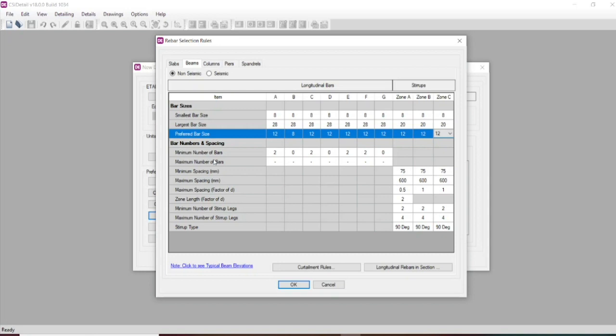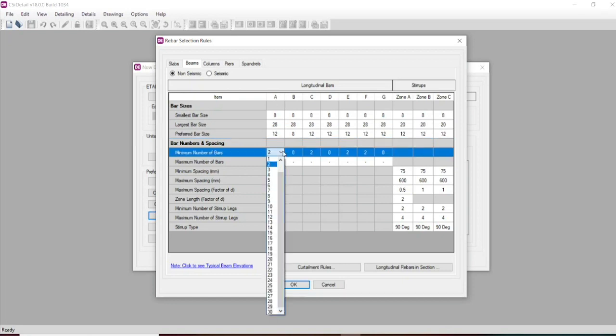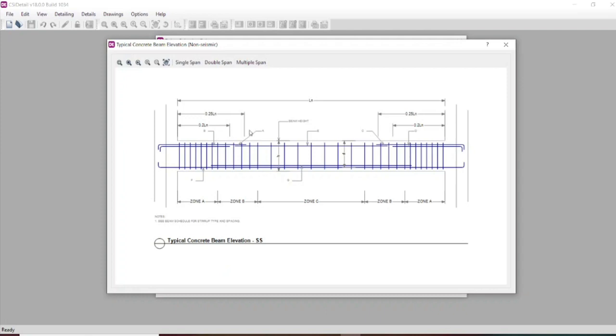Yes, minimum number of bars. So how many bars we shall use at the A portion? Let us use number of bars as 3, and you can see at this portion. This is the A portion, this is the cantilever end, so we need higher reinforcement and we need 261 mm square of area. So at the top end we will be providing 3 number of bars,